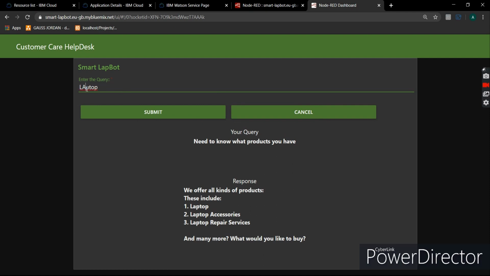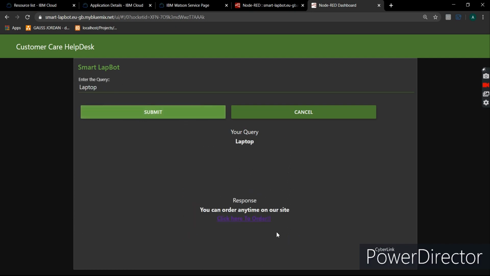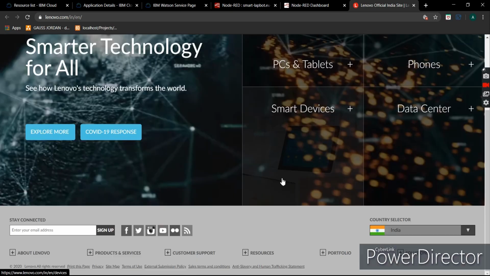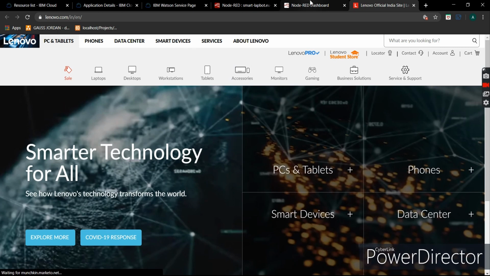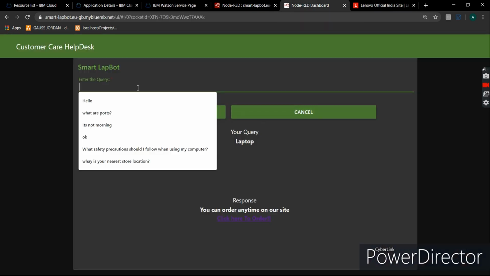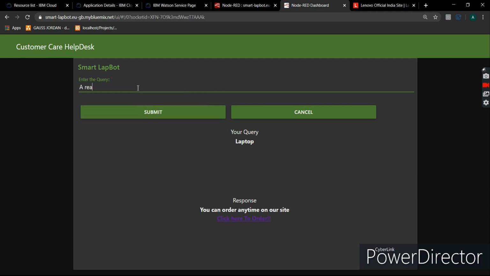If I click on laptop and submit, it shows me you can order anytime on our site, and it is showing me a URL. If I click on it, it redirects me to the official Lenovo website where I can order my PC or whatever I needed.